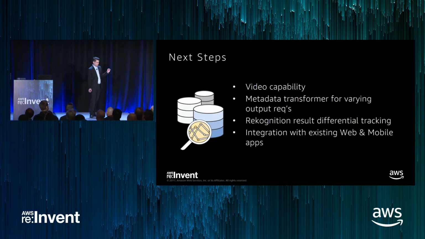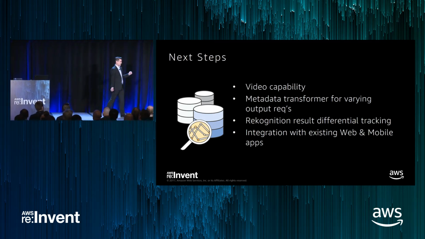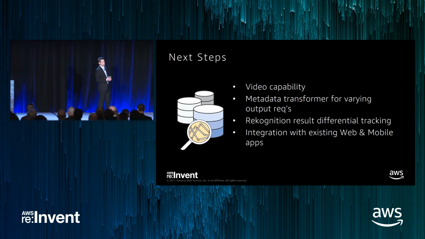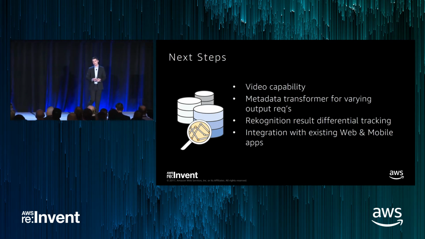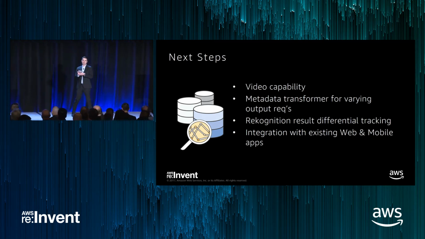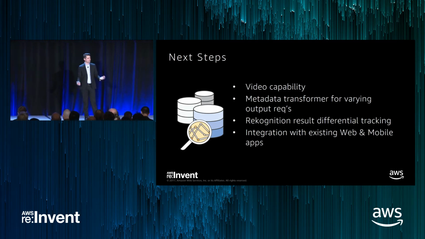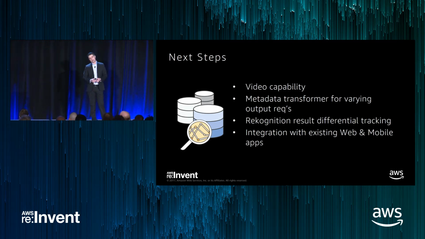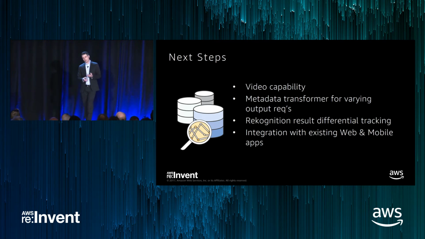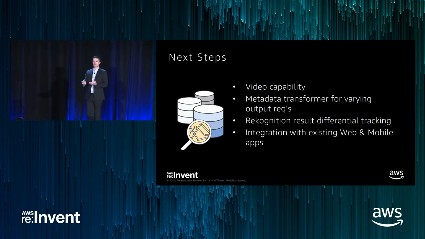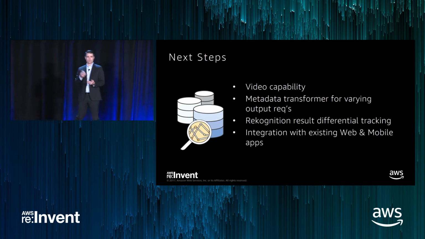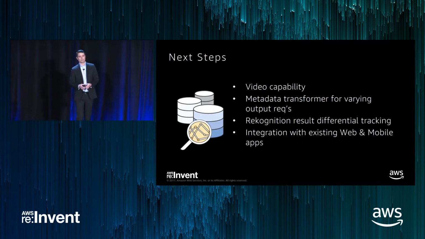Recognition, so the result differential tracking is where I had thrown in the comment about keeping track of the workflow ID, so the step function workflow ID plus the UID of the content itself. So by keeping track of that, over time, obviously we're expecting that recognition gets better and better. By keeping track of that workflow ID, we can then, if an image is uploaded, the same image is uploaded again, or if we're just cycling through and trying to feel out if there's any better recognizing capability,